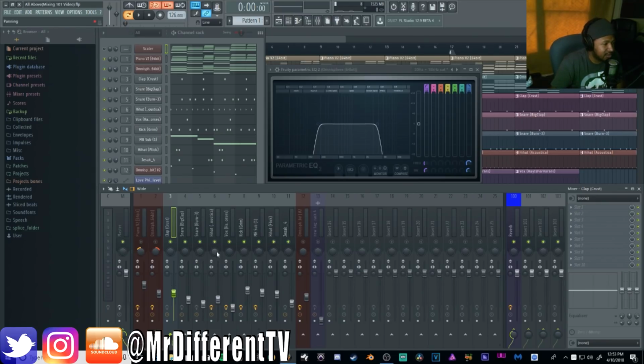So let's go through. I'm panning that hi-hat over there. We'll bring the shaker over there. That's a hi-hat, so we'll take that the opposite direction. That sounds like a little lead, we'll put it over there. These two snares, we'll pan those. The clap, we'll just slightly pan that over here. And then kick and bass right down the middle. Now,